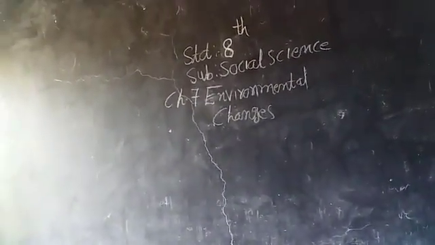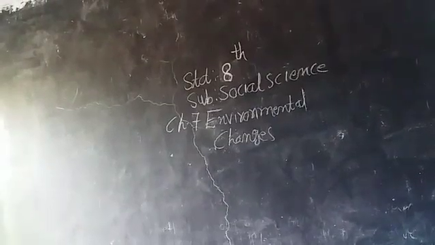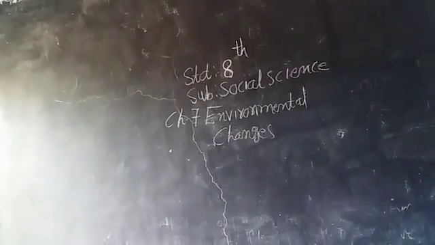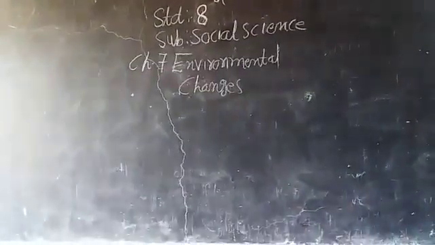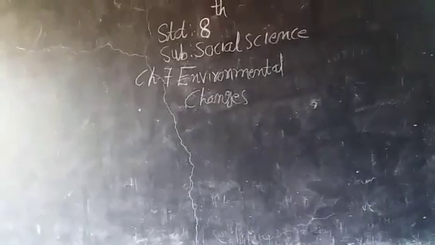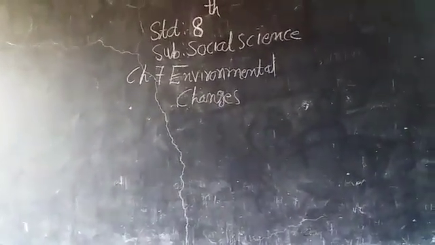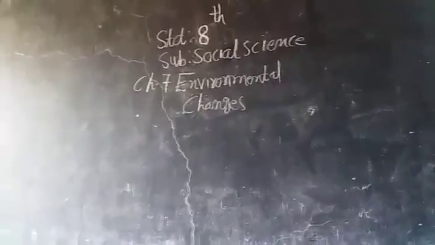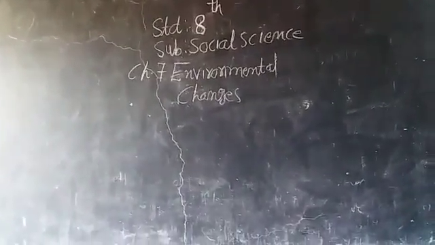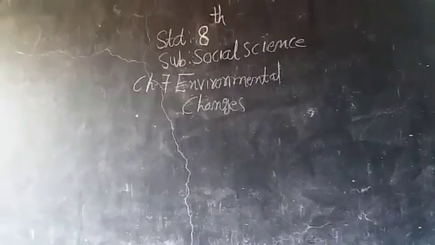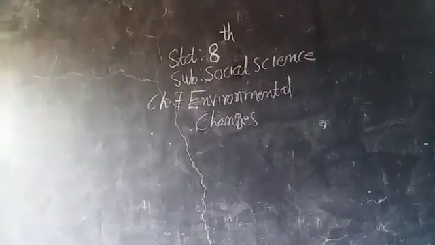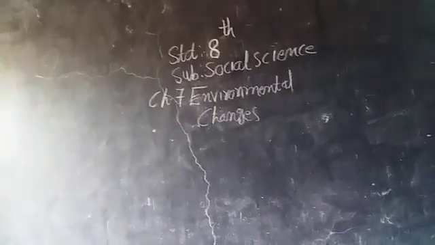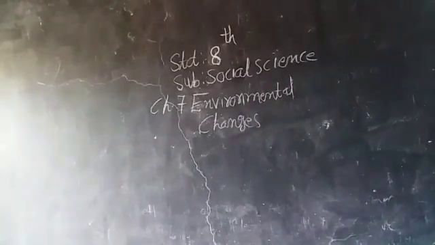Next question. What was decided in the meet of the countries of the world held at Copenhagen in December 2009? In the meet of the countries of the world held at Copenhagen in 2009, it was decided that developed countries should observe the policy of lessening the emanation of greenhouse gases seriously and should allow developing countries to give out more carbon gas for the development.